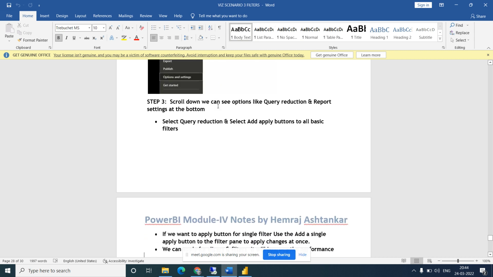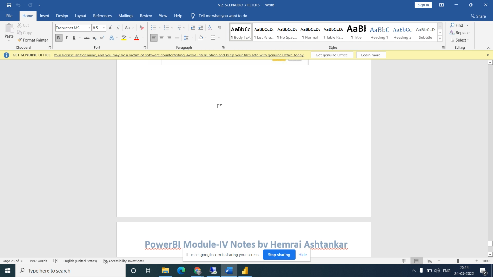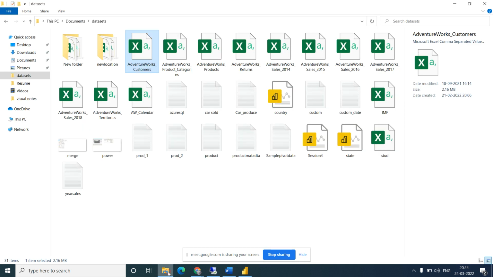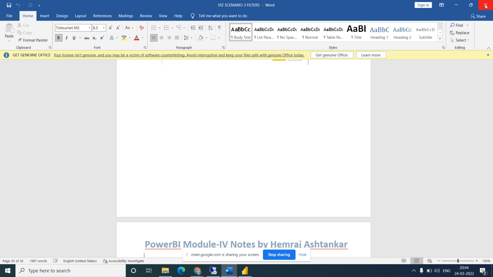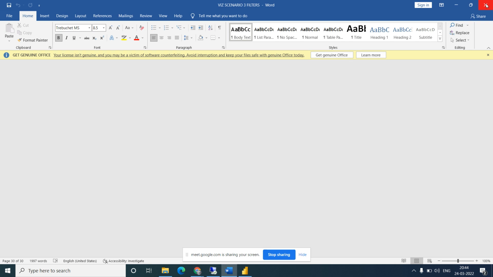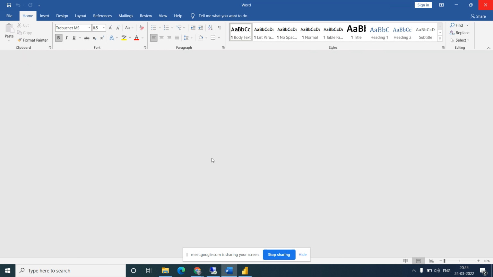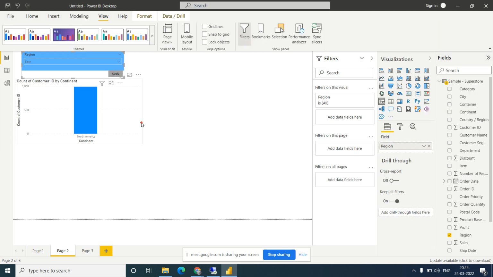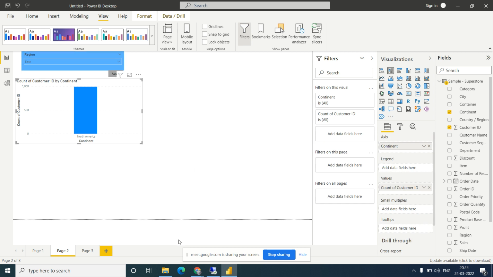Now next, this was for the filtering. I have already uploaded these notes on the drive, so you can go through them and practice. Tomorrow we will start the new topic, some visualizations and other things. We have already seen some visualizations, so some of the charts, advanced charts, we will go through. Then I think we will be completing everything. We are done for today. We can meet at the same time.